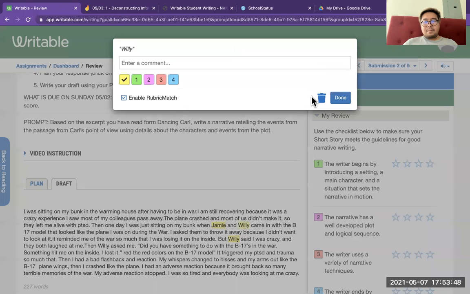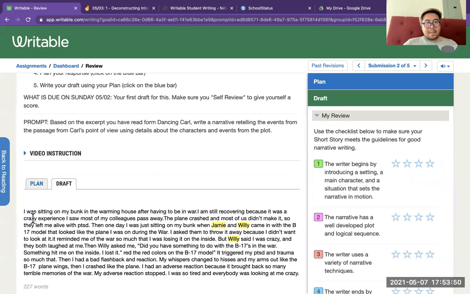And so Jamie and Willie. So I'm going to highlight yellow. These are characters, right? And I'm going to highlight the I at the beginning because that's a character. All right, who's the character? That's Carl, but it's not letting me highlight it. Anyway,